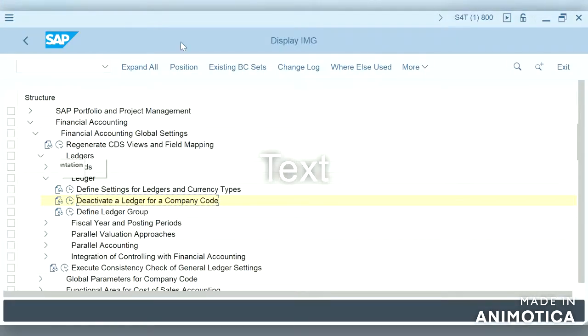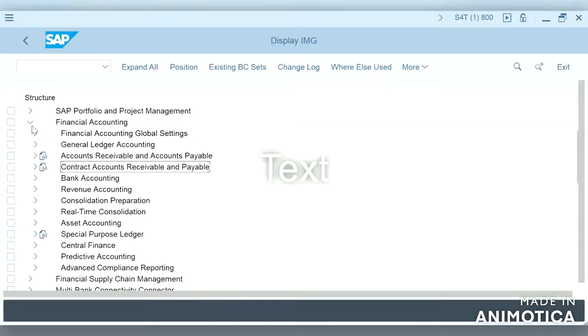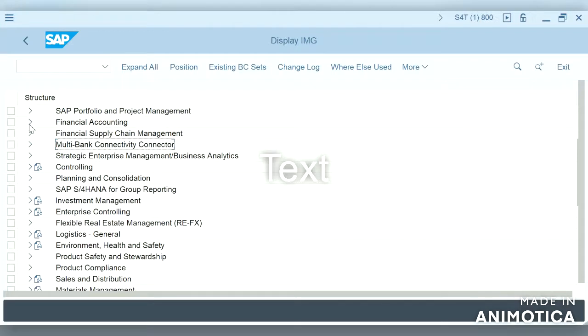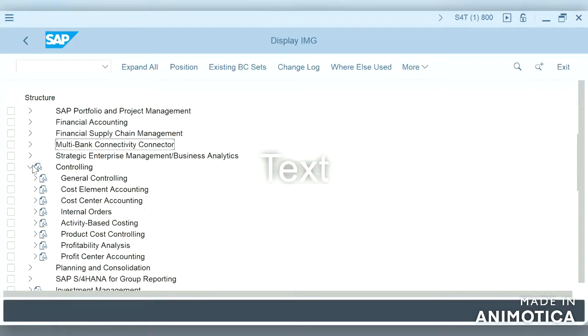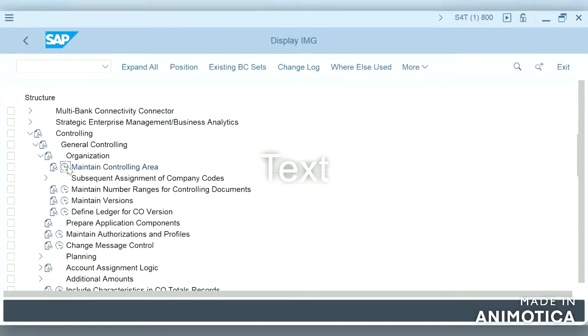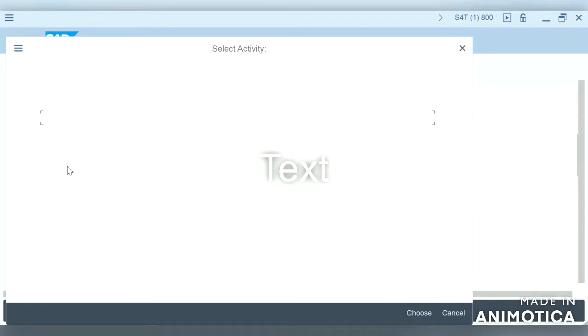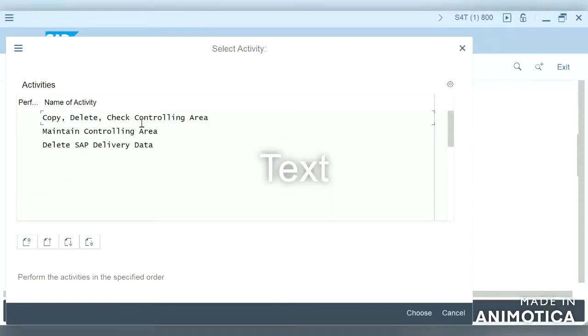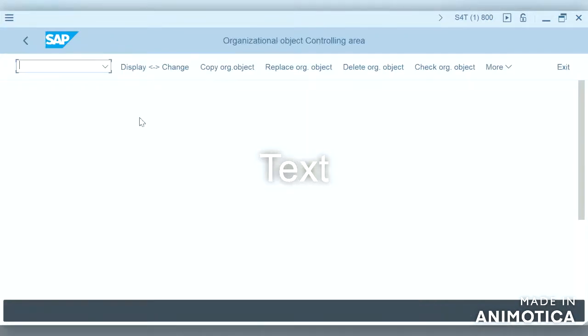This is how it looks in S/4HANA. So let us create a controlling area. Let us move on to controlling and create a controlling area.